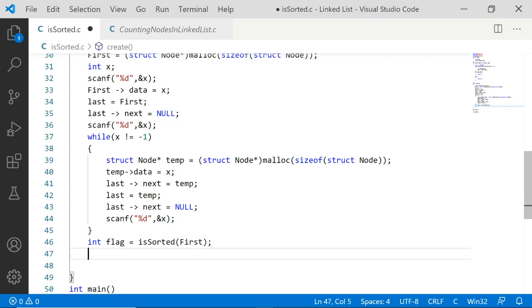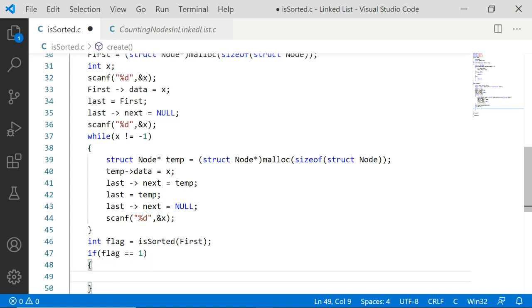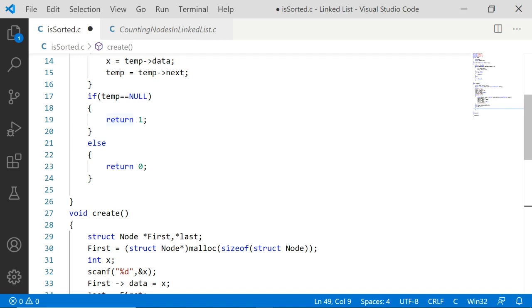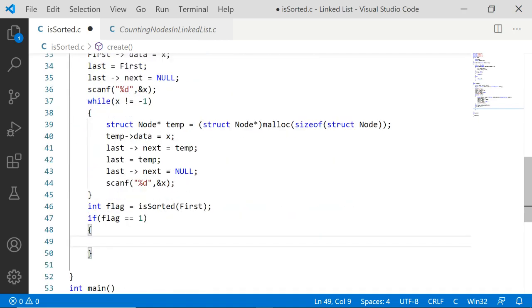Okay, then now we will check the value of flag. If flag is equal to 1, then what is it? If flag is 1, then it is sorted, because from this function, if 1 is returned, then it is sorted.